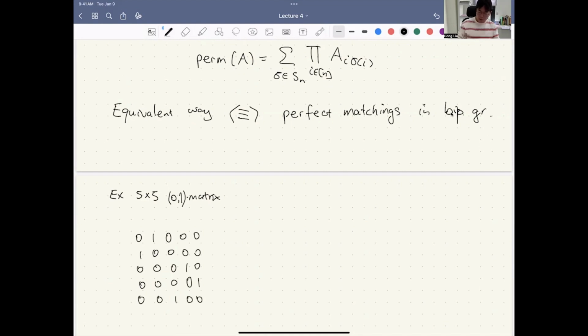Now what we're gonna do is index the rows. Let's say the rows are U1, U2, U3, U4, U5, and the columns are V1, V2, V3, V4, V5. Then we can view this 0-1 matrix as the bipartite adjacency matrix